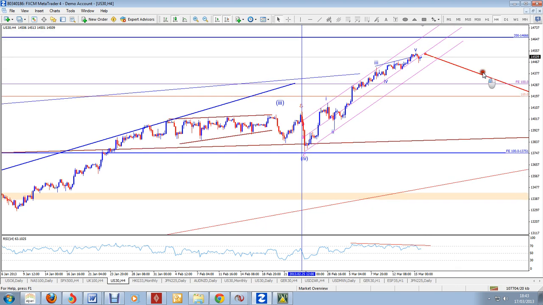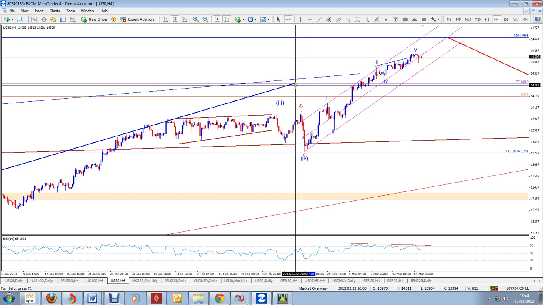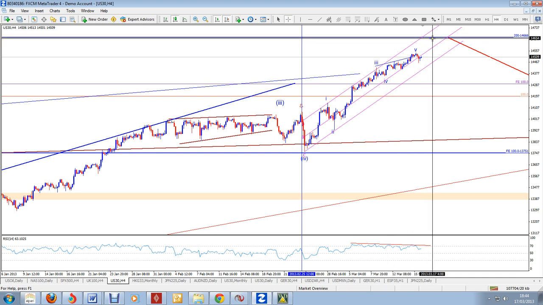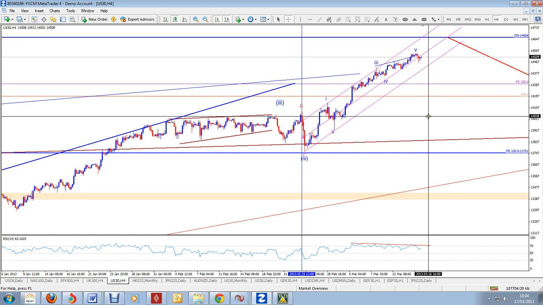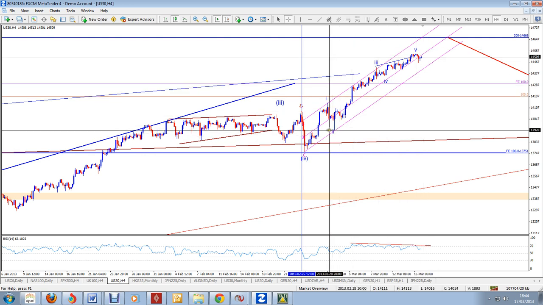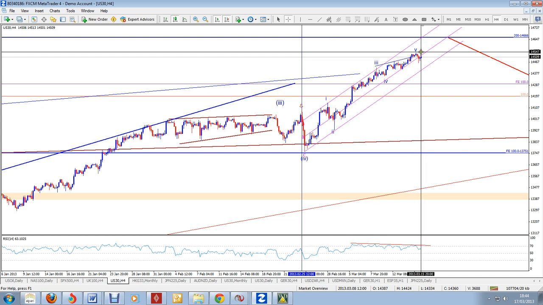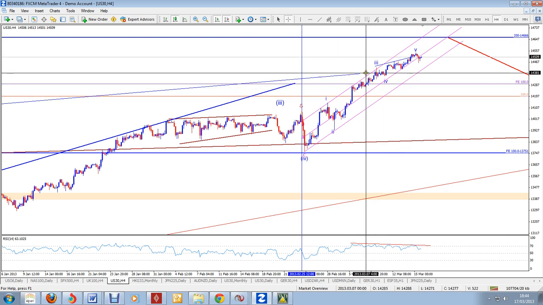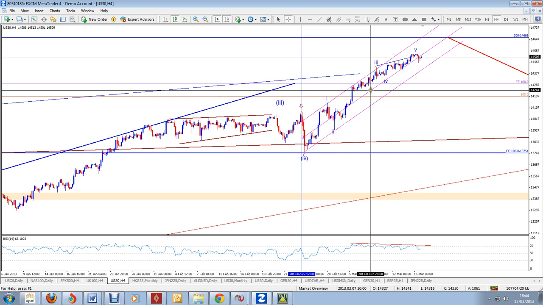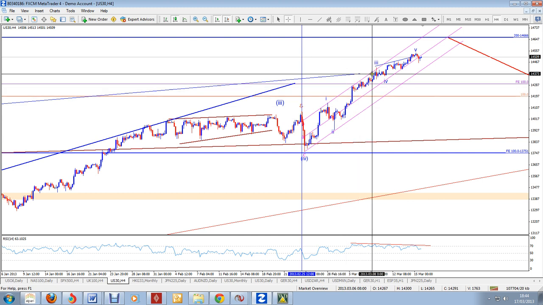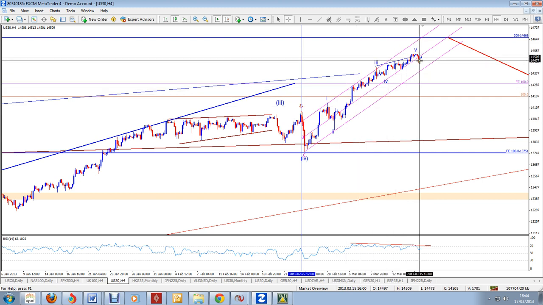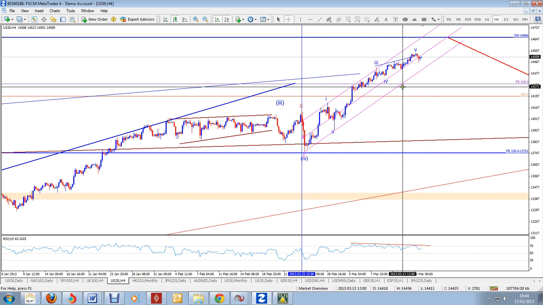So we can't rule out a minor correction and another push higher, but most likely we could probably get around about 15,000 as a round figure, and that's about 400 or 500 points above where the market is now. But for the time being, you can see it's in a minor rising parallel line. It was in the upper part of the channel, but now the price seems to be falling back in. So if it was to make another effort and go back up, then all of this might have been wave 3. So we've got a minor wave 4, and we might be going in for a wave 5,